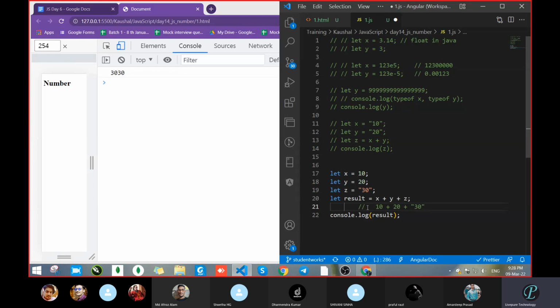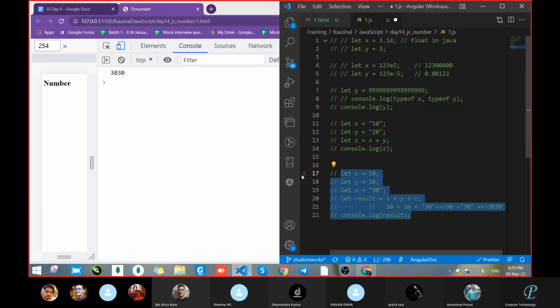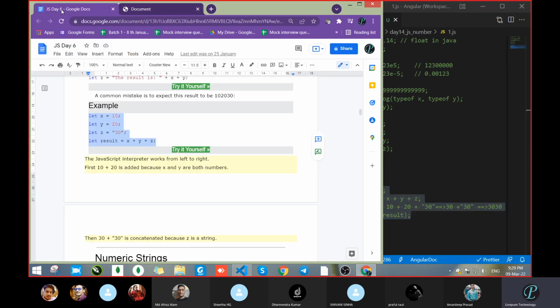First it will add the first two, 10 plus 20, which gives 30. Then 30 plus a string 30. The final result will be 30 and 30. Clear? Or anyone having doubt? This is concatenation itself, that's why we get that result. It starts addition from left to right, not from right to left.